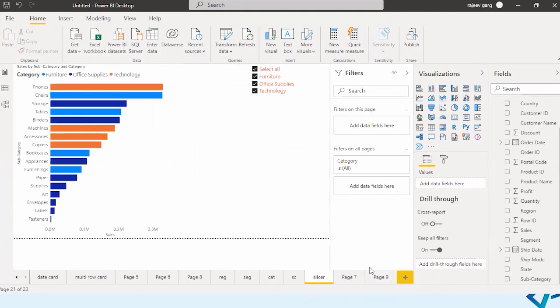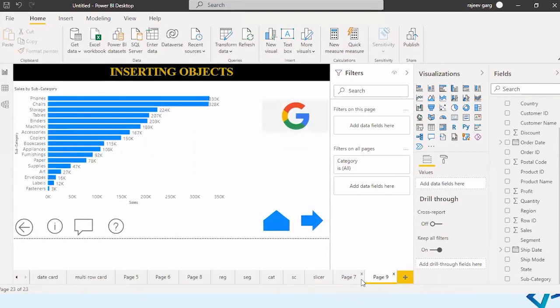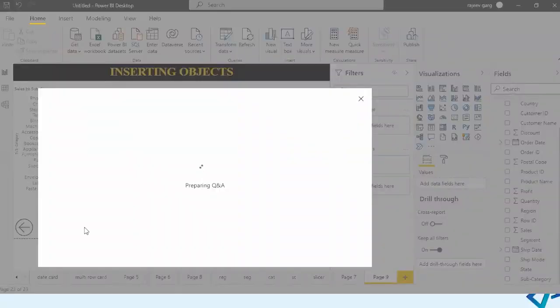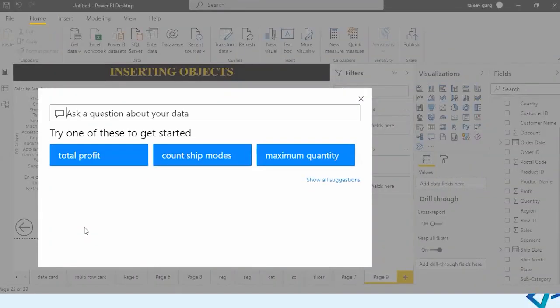Okay, then we have one Q&A button over here. So you just click on this and see what happens. Q&A. Now this allows you to ask questions from Power BI like total sale.